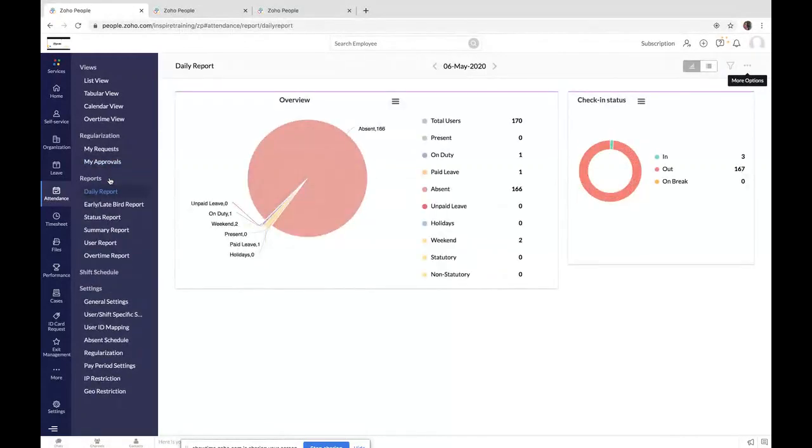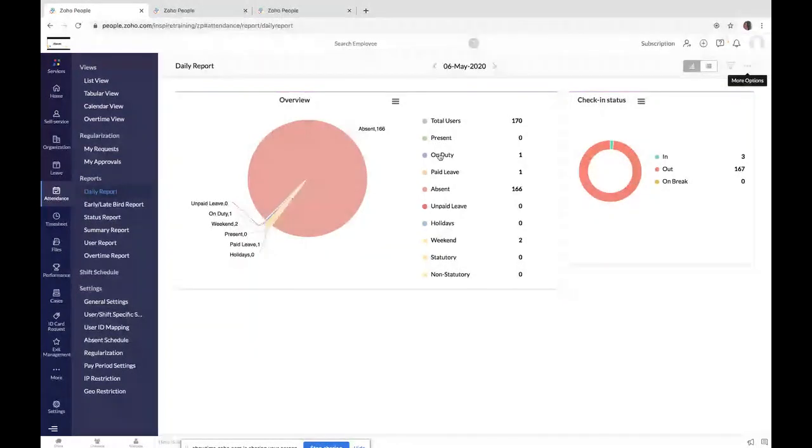So moving on to the reports of attendance. We do have a daily report to depict the entire day's attendance status for all the employees. In the overview, the total users will give the exact count of people who are actually using the attendance module, and then the present count.